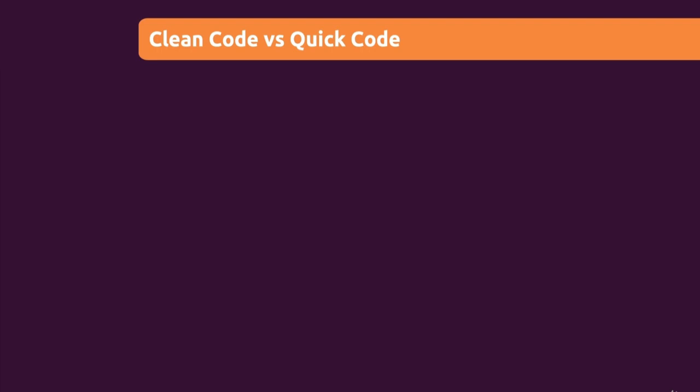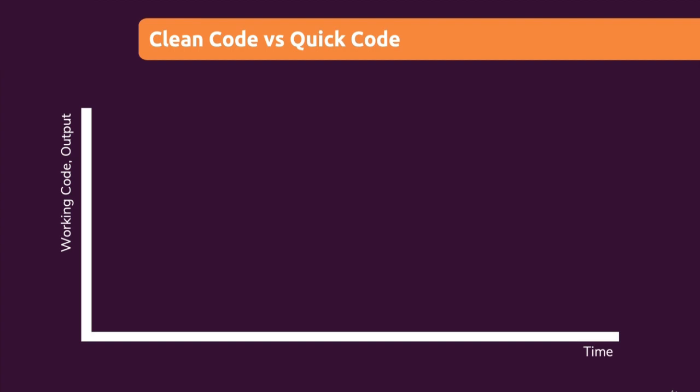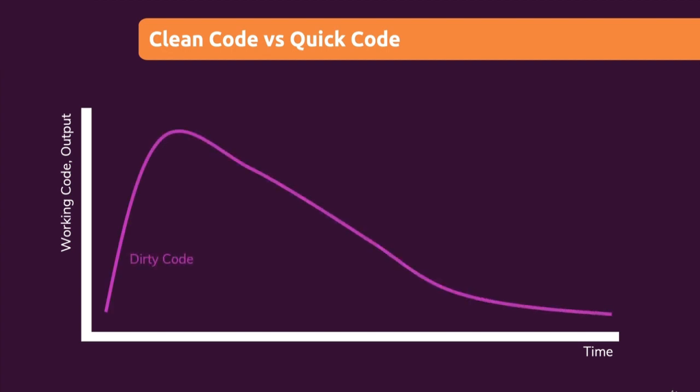However, consider this example made up plot, which is not too unrealistic. If we plot the amount of code output, so the code we write, the new features we add to a project, against the time for which our project exists, in weeks or months or even years, if we only write dirty code, and we just write code which works but which isn't really clean, we'll be able to pump out a lot of code and features initially, but over time that will decline because our code base becomes a burden and it becomes hard to maintain. And adding new features and fixing bugs becomes harder over time.